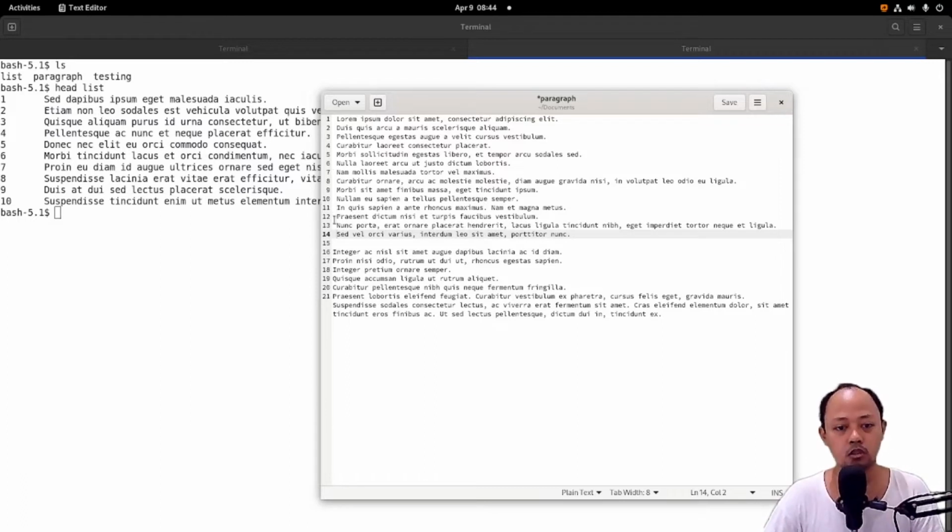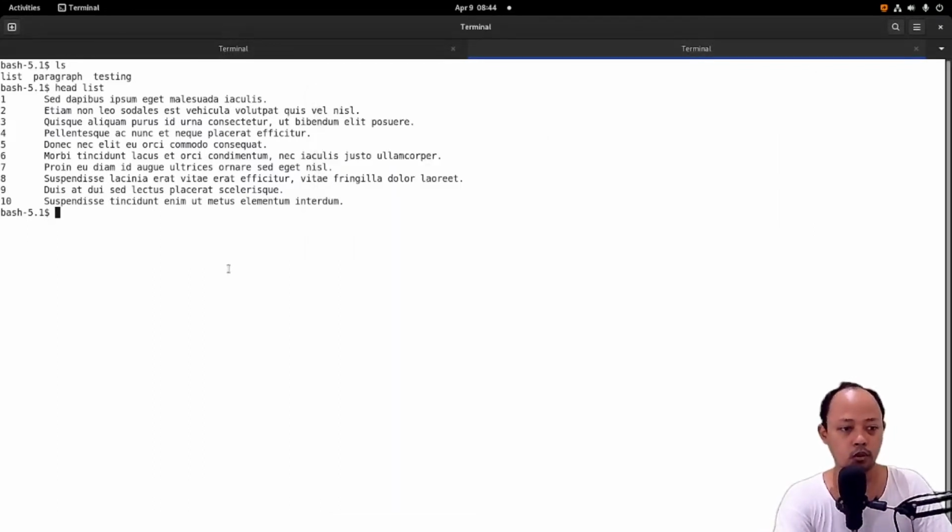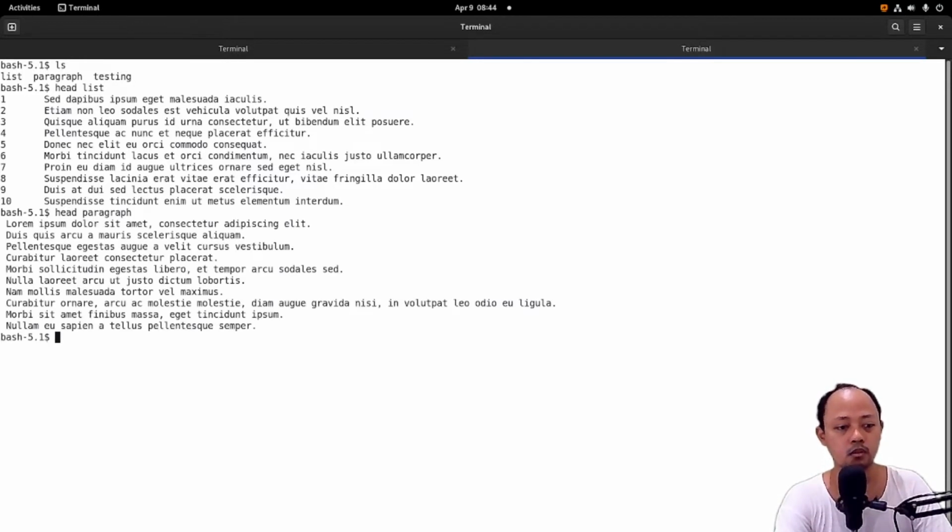Now we have 14 lines in the paragraph file. We will try to execute the head command on the paragraph file. Head paragraph. 1, 2, 3, 4, 5, 6, 7, 8, 9, and 10. So the output is almost similar to the list file.